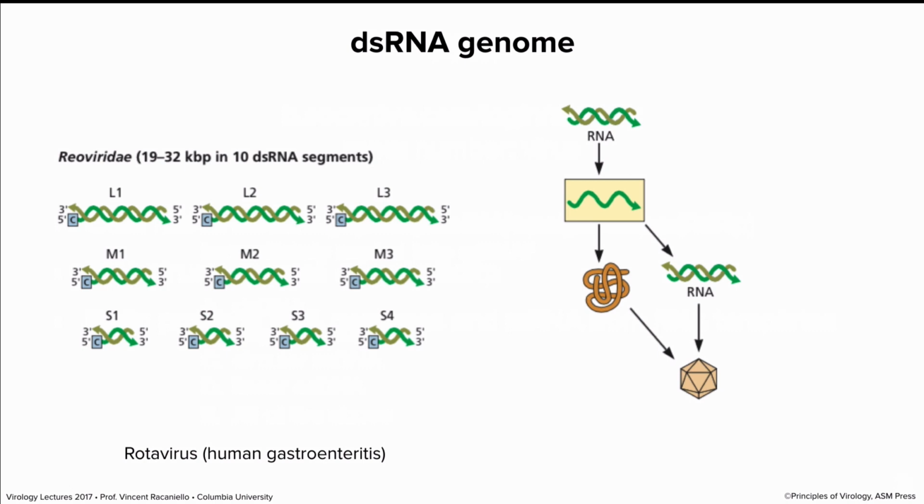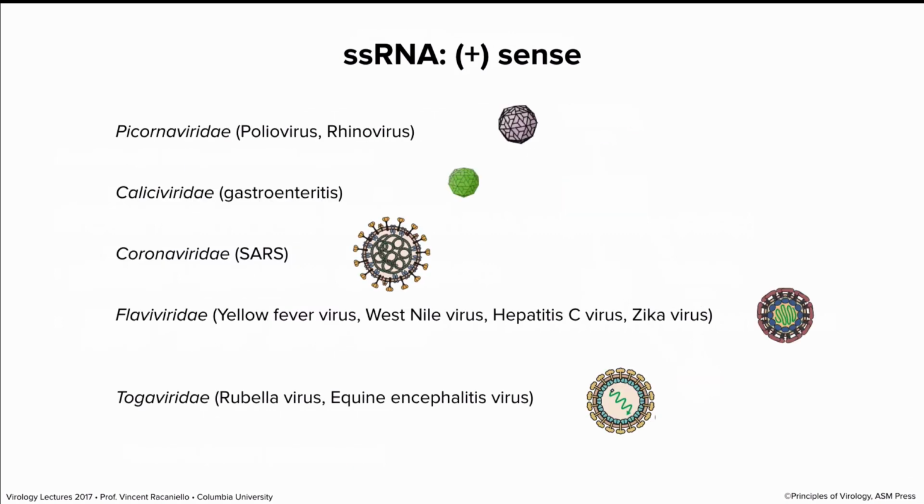We'll talk about this in more detail, but the point here is that a double-stranded RNA genome contains an mRNA, but it can't be accessed. It has to have fresh mRNA produced from it. And we have the viruses that make a lot of sense to me, the plus-stranded RNA viruses. There are tons of them. In fact, overall, most of the viruses that cause disease are RNA viruses. I'm not sure why that is, but we'll talk about it later.